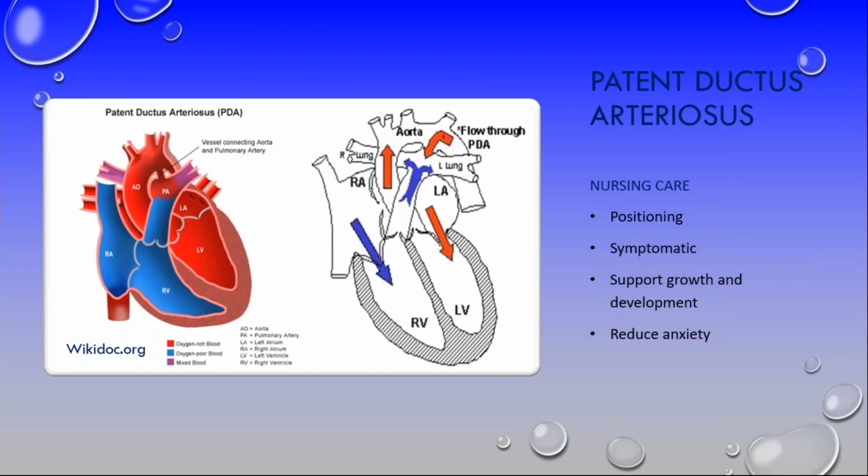What is the nursing care for this baby? So we do need to look at positioning of this baby. It is best to keep these babies flexed, because that way you will improve the whole system of cardiac return. It is also symptomatic, so treating their apnea, giving them oxygen if that is what is required, and fluid restricting them. To support growth and development, because these babies will be working harder and their heart rates are up, they're going to need more